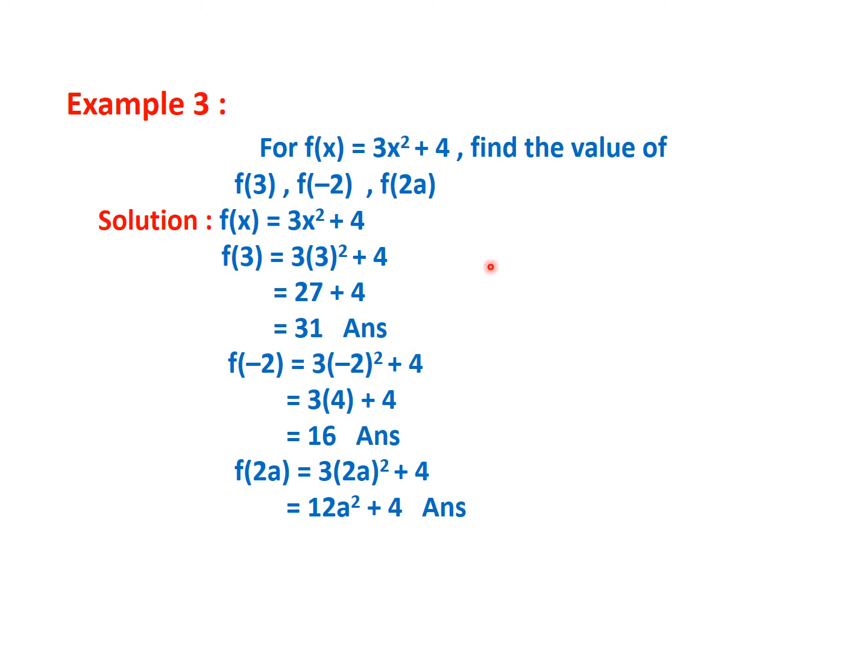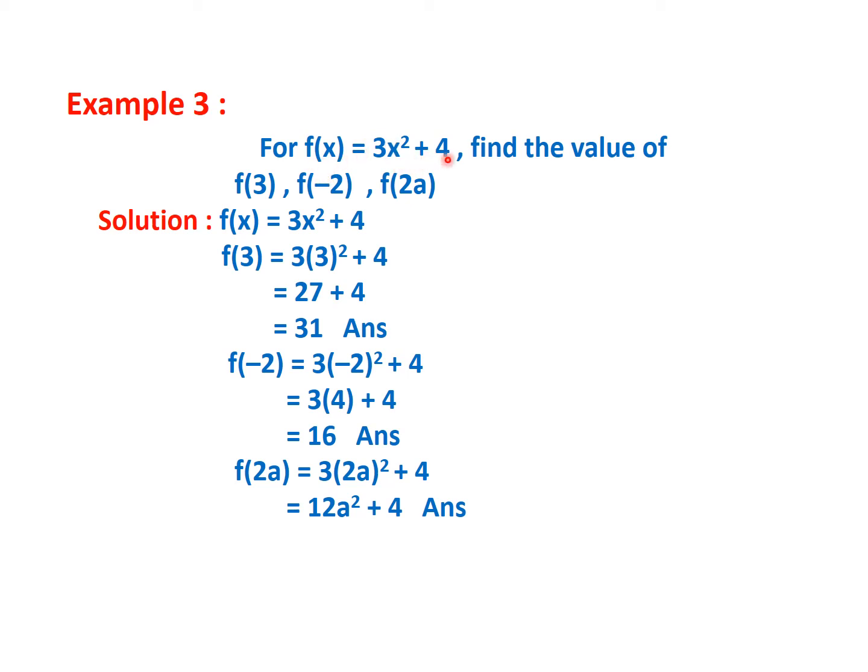We have a third example. In this example, the function f(x) is 3x square plus 4. This power 2 is something new for you, because in example 1 and example 2 we dealt with simple functions which we discussed in book D2 in class 7th. So this is a further function, which means now we may have x to the power 2, power 3, and so on, or there may be radicals or fractions, denominators or numerators as well. So this is a further function example.